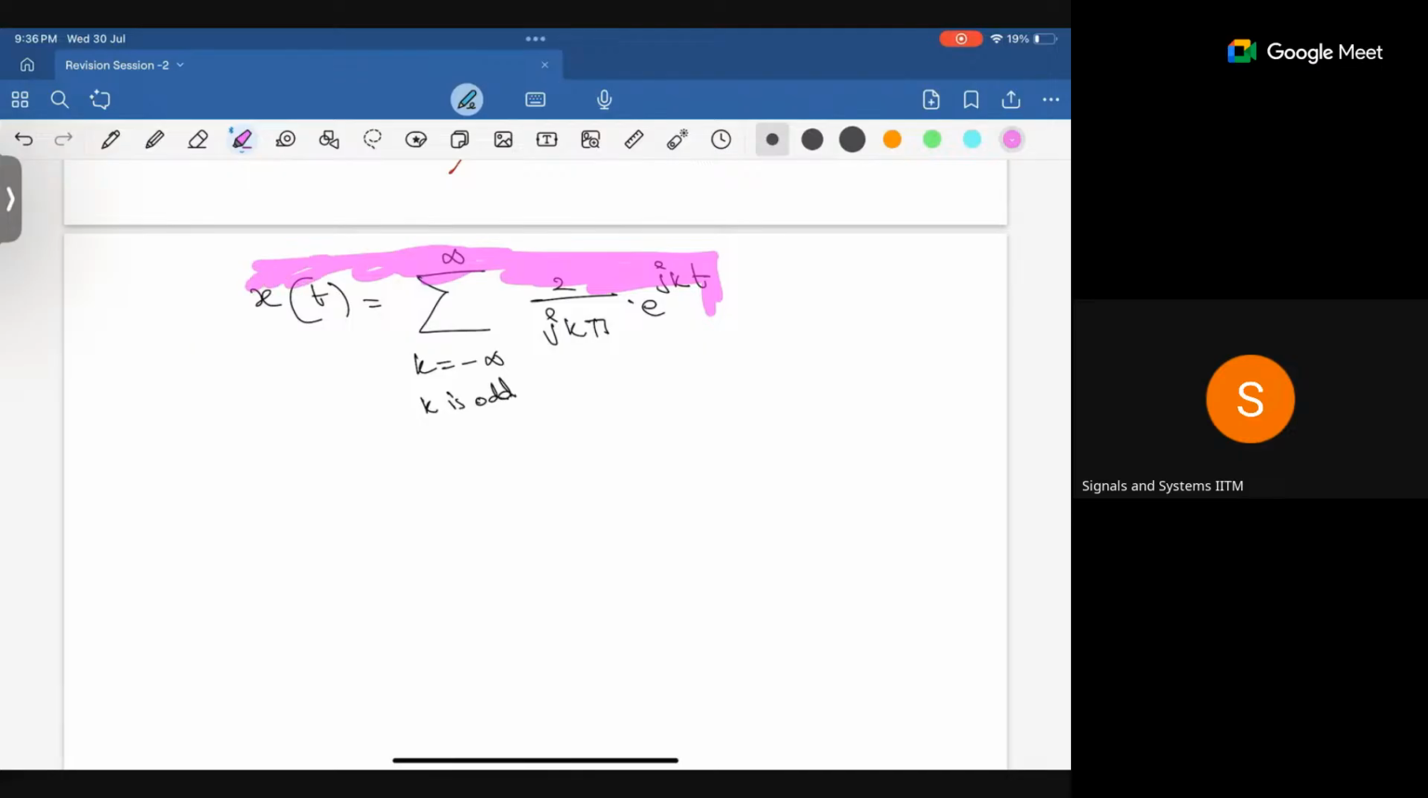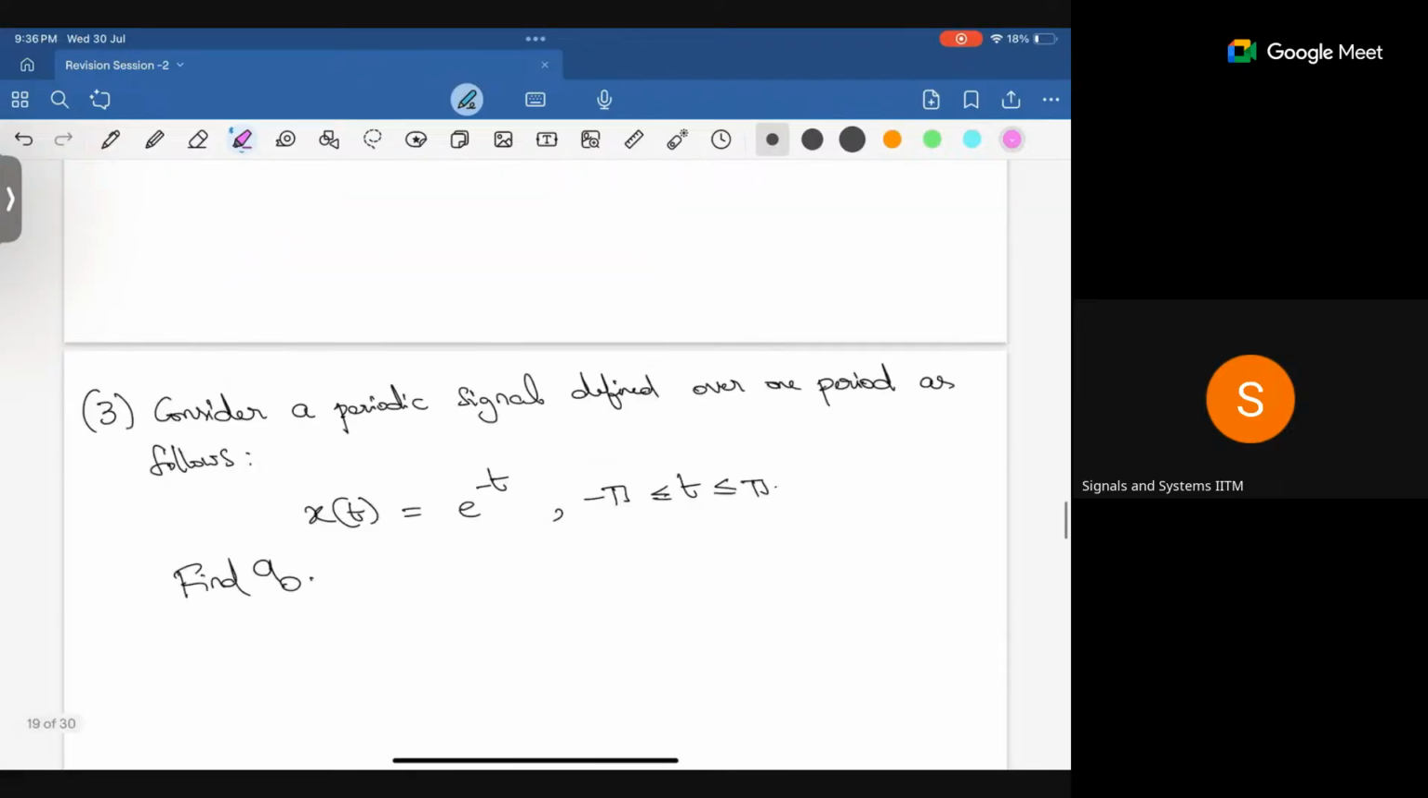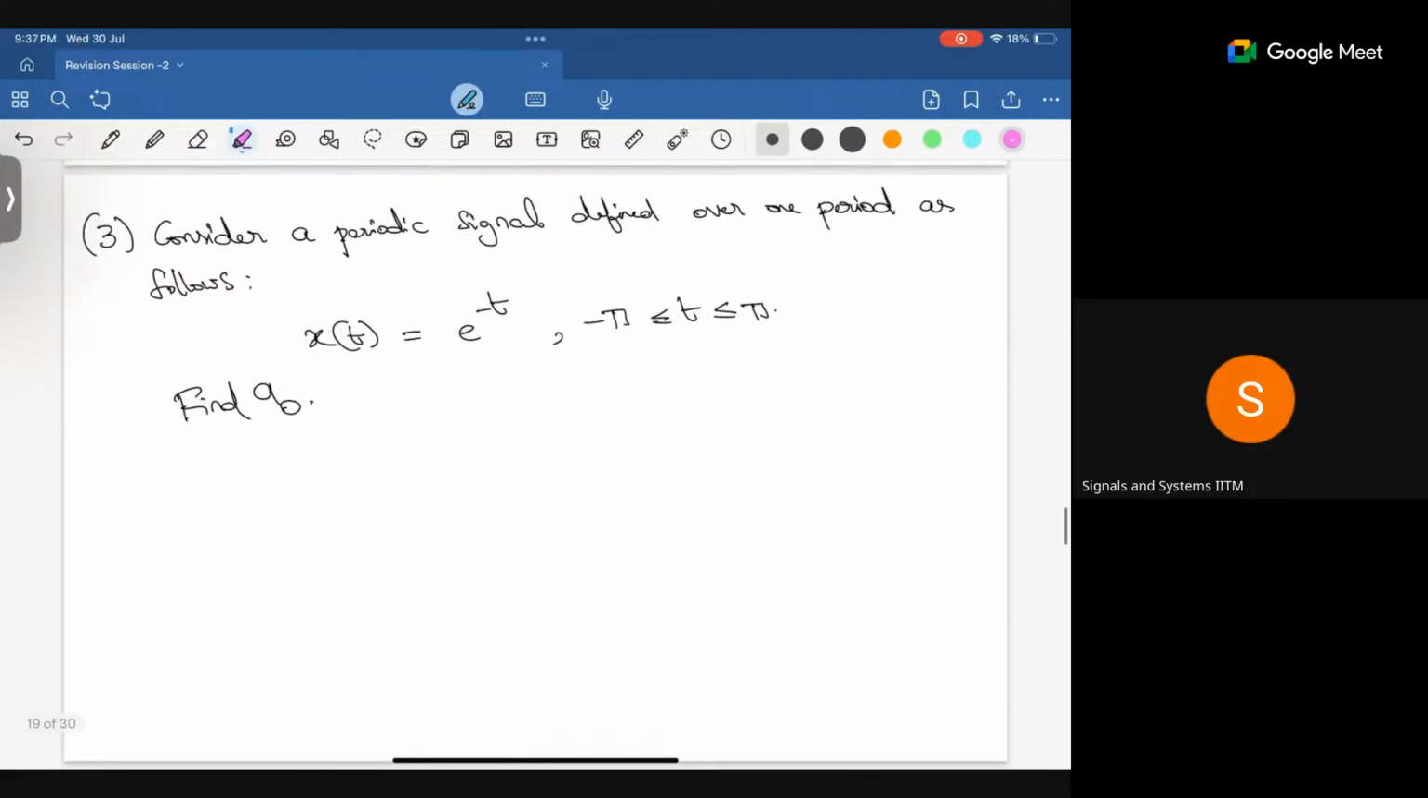Okay, so I can write that x of t like this. The square wave's Fourier series expansion along with Fourier series coefficients is this. Hope this is clear. If you have any doubts, you can ask. Okay, if no doubt,